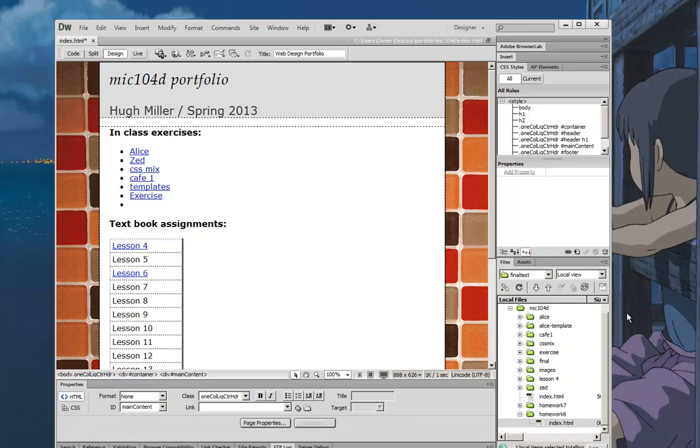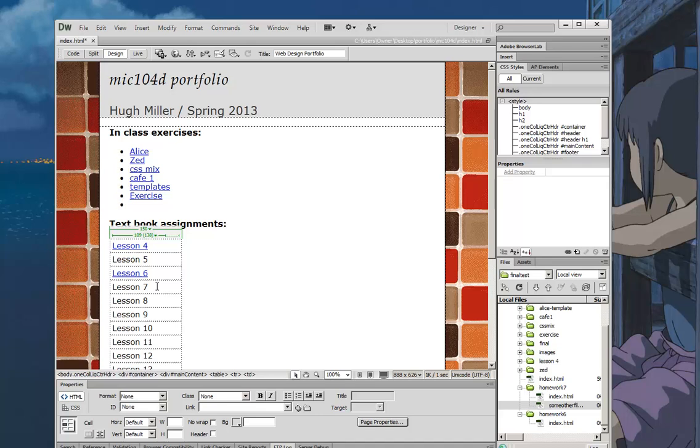So that's correct. Now, inside of Homework 7, I tried to create a sort of a duplication of the problem where sometimes there's more than one file to link to in your homework, right? It isn't always just one file. So there's index inside of Homework 7, and there's also some other file, .html. So for Homework 7, I'm just going to hit Enter right after it over here, and I'll say file 1,